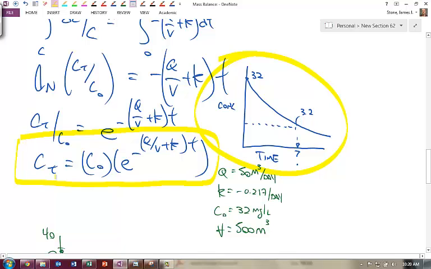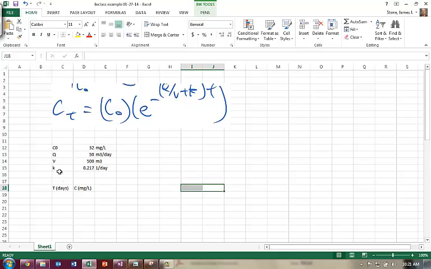And so what I've done is I've used a window snippet and copied this equation, and I pasted it right here. I've got my variables that are defined. So here's our initial concentration, 32, no units with them. I'm just putting units in a separate column. We've got Q, 50, volume, 500, and K given. So I believe that's going to be a negative on there. We've got days, so let's just go 0, 0.5, 1, 1.5,